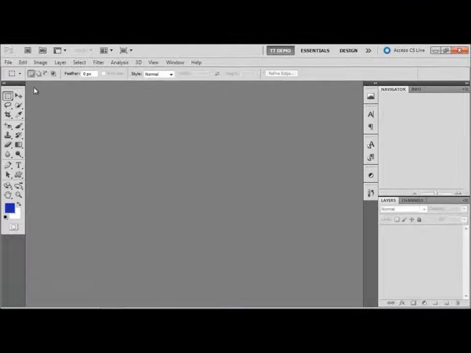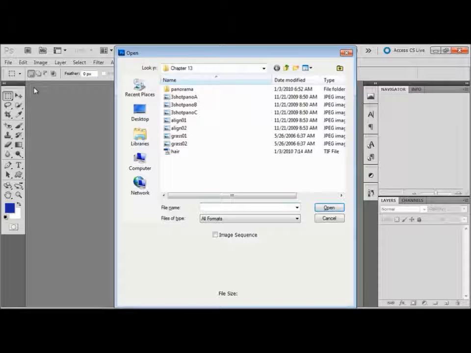through. Stitching images together to create a panorama or simply a higher resolution file is a fun way to create striking photographs, and Photoshop makes it super easy. Let's go to our Chapter 13 folder, and we're going to select 3 files. 3-shot pano A, B, and C. Again, with the Shift key, we can select those contiguous files and hit